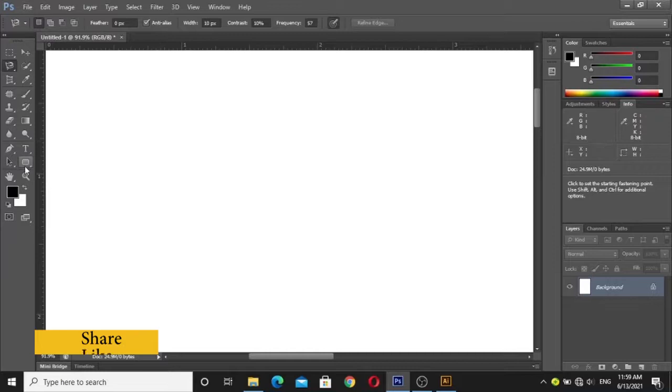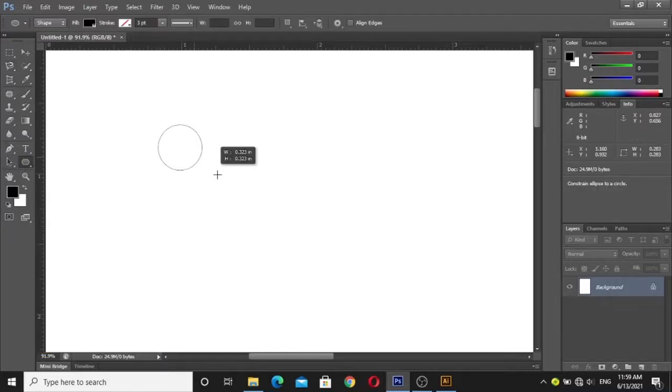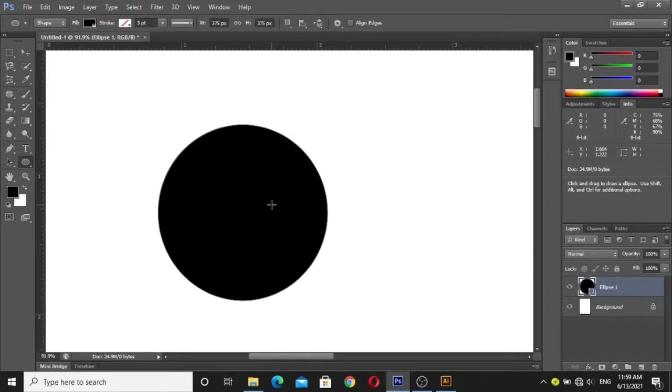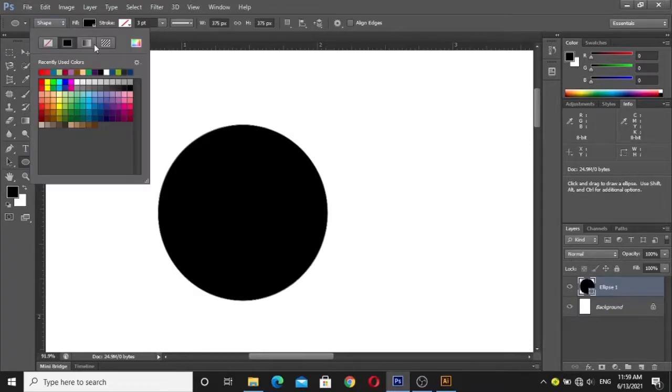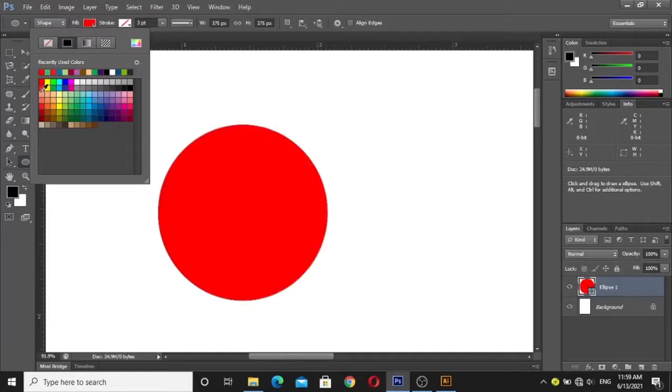So go to Photoshop. From the shape panel I have created a circle and set it into a shape.